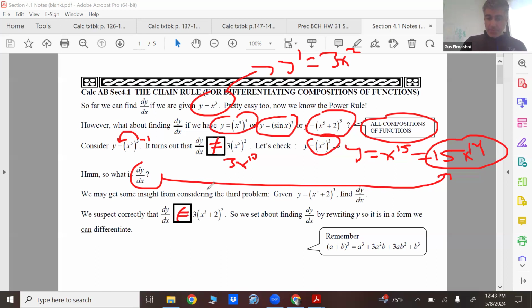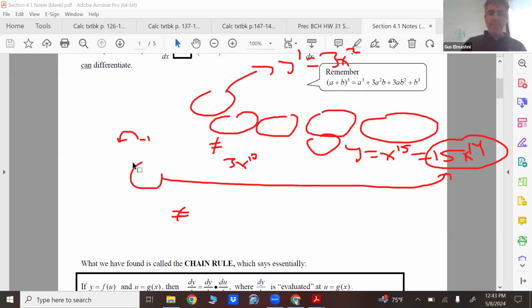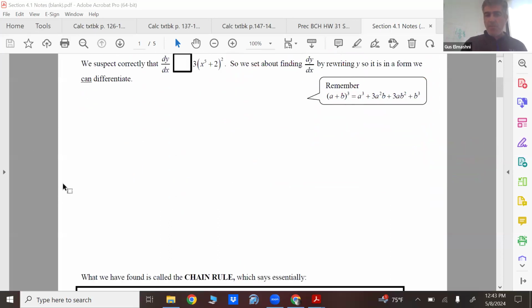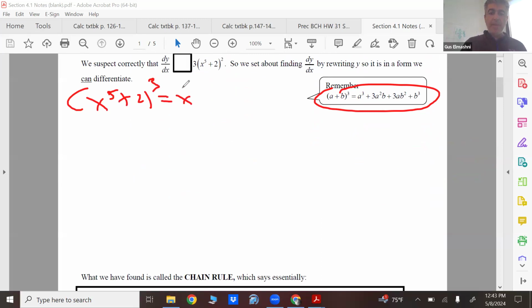So what we're going to do, I'm going to take a painstaking way to do it, and then I'm going to show you the chain rule afterwards. And chain rule will save you a lot of time. So the painstaking way is to actually FOIL it, right? If you raise them to the third power, I have x to the fifth plus 2 cubed. It's going to be x to the 15th plus 3x to the 10th times 2 plus 3x to the 5th times 4 plus 8. And then if I take the derivative,